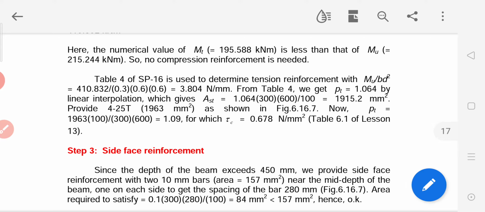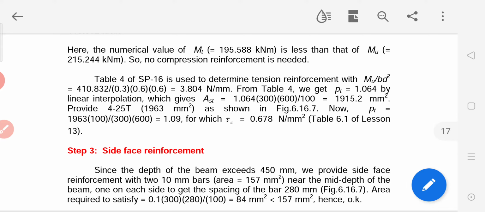So we put the values Mu, which is 410.832, upon 0.3 into 0.6 into 0.6. So we get the value of Mu upon BD square, which is 3.804 Newton per mm square. From table 4 we get the percentage of tension, PT equal to